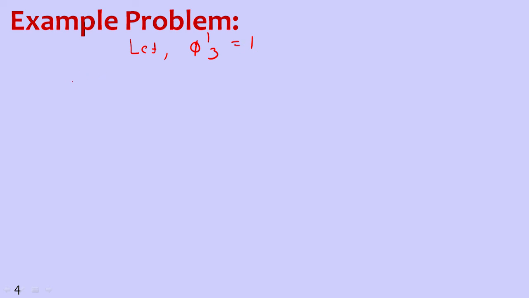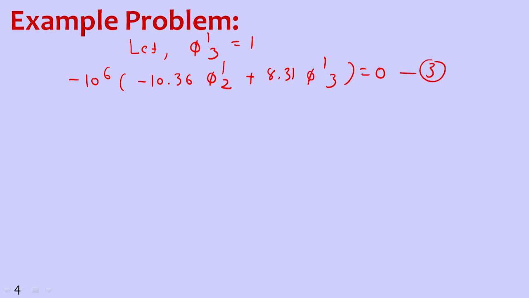First of all I will substitute this to get one more unknown value from equation 3. Our equation 3 is nothing but 10 raised to 6 into minus 10.36 phi 1 2, which is at the second floor, plus 8.31 phi 1 3 is equal to 0. So this is the third equation. If I substitute phi 1 3 as 1, I will get minus 10.36 phi 1 2 plus 8.31 is equal to 0. If I compute this one, I will get phi 1 2 as